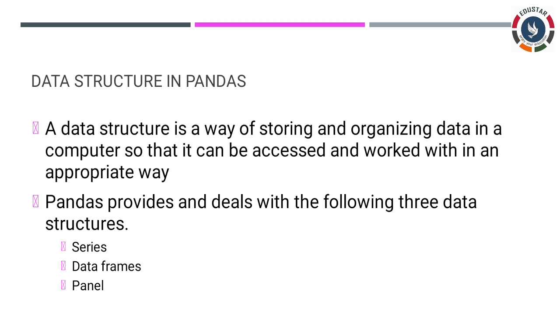Okay, and the second one is the data frame. What do you mean by data frames? We use them for two-dimensional structures. Series is used for the one-dimensional structure, and data frames are used for the two-dimensional structure. Here we store heterogeneous data, which means different types of data, and this is also mutable. And the third one is the panel, which is for three-dimensional data, a way of storing items in three dimensions.